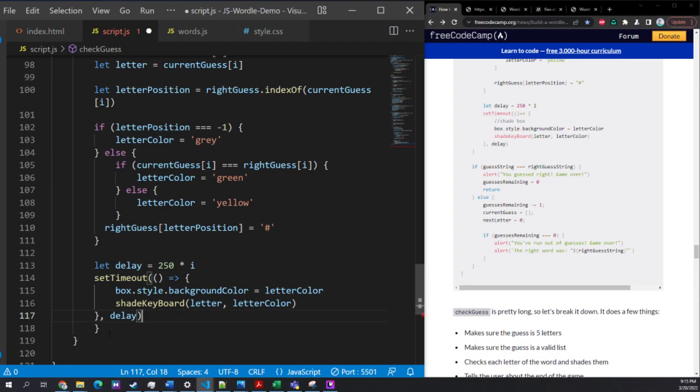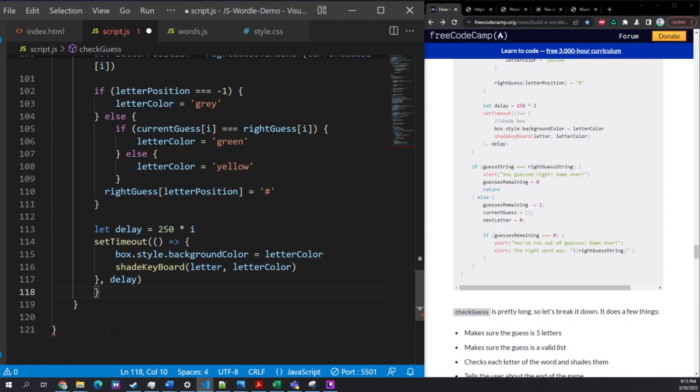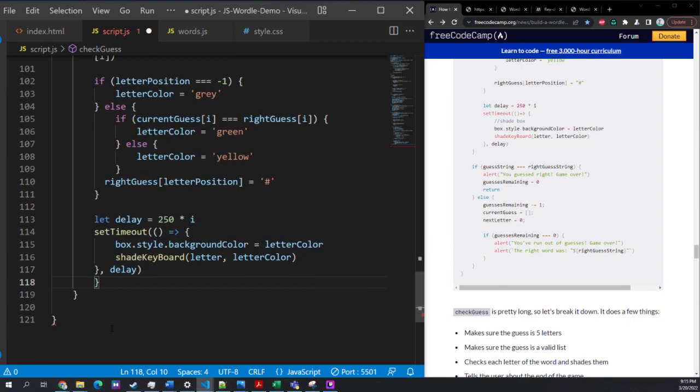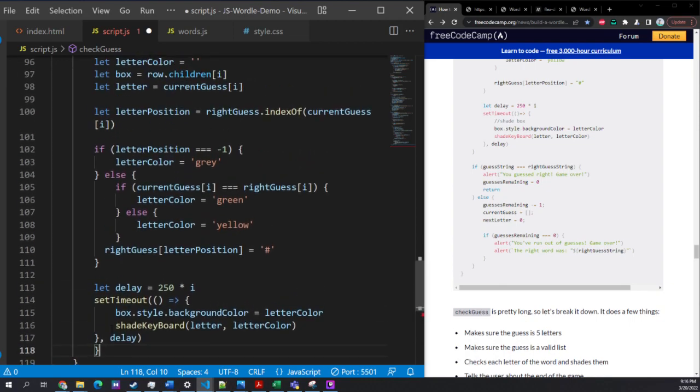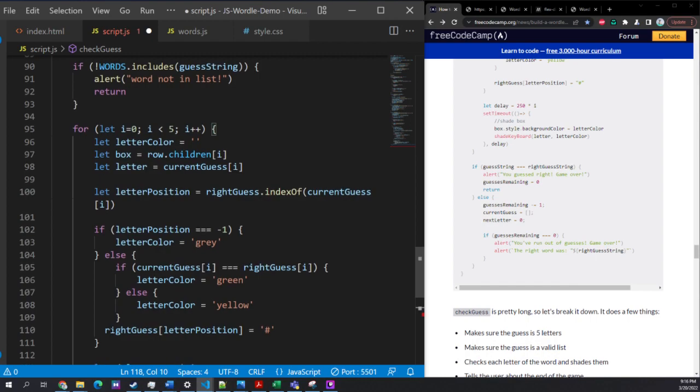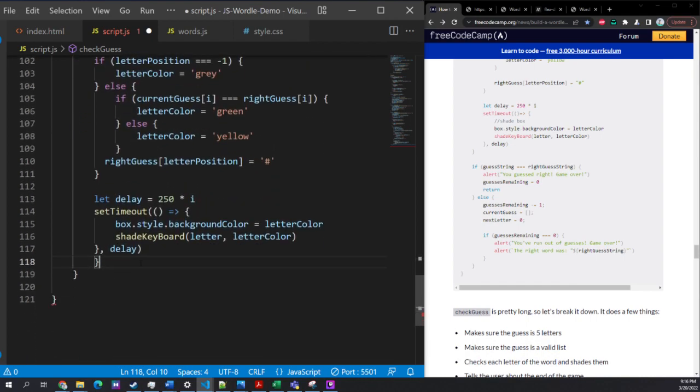Let me make sure I got my brackets going right here. I think that's okay. We'll see. I might have an extra bracket there. Here's your partner bracket. Okay, so that's the bracket on the for loop. I think I might have an extra, but that's all right, we'll figure it out. This function's getting really long, so it's hard to tell. Bracket on the for loop. Okay, so I want that there, and then I have to have this